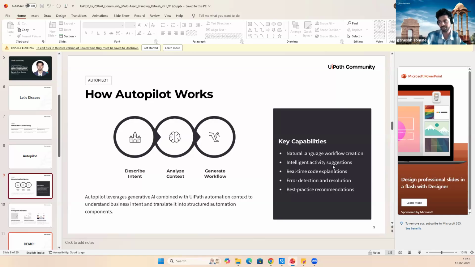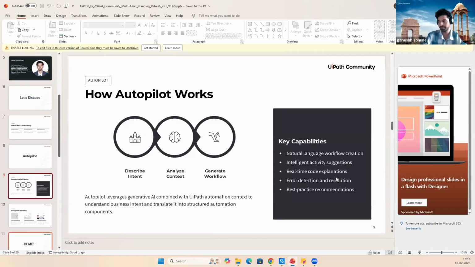It is natural language workflow creation. In the background, it uses an LLM model, and it gives intelligent activity suggestions, meaning it gives us choices as well, on which method you want to use.